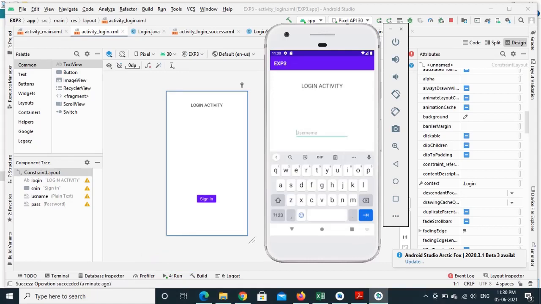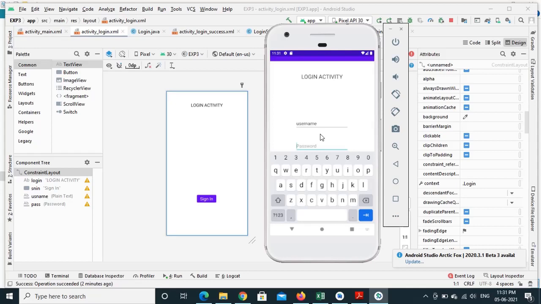One more thing we need to consider here is whenever the user tries to log in with wrong credentials and reaches the maximum tries, then it has to print a toast message and the sign in button should be disabled. We will see how exactly it happens. So here I will try to log in with wrong credentials. First I will give a wrong password.